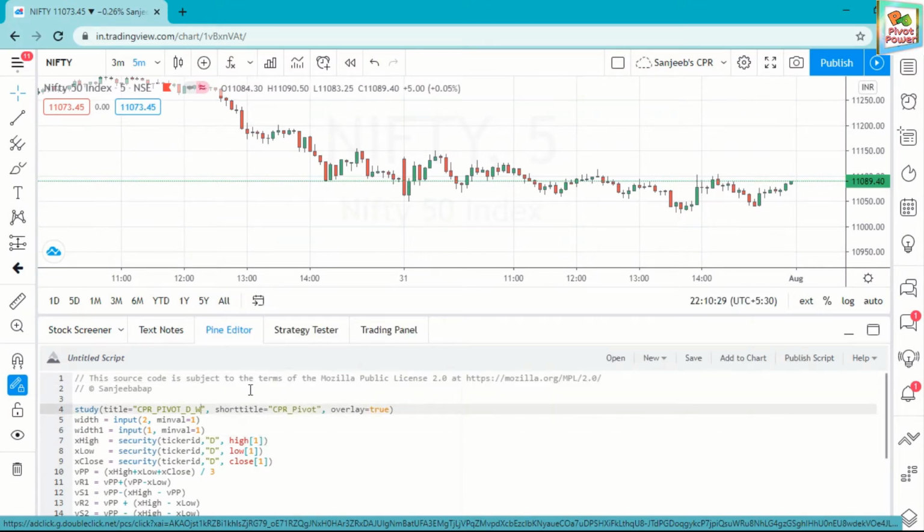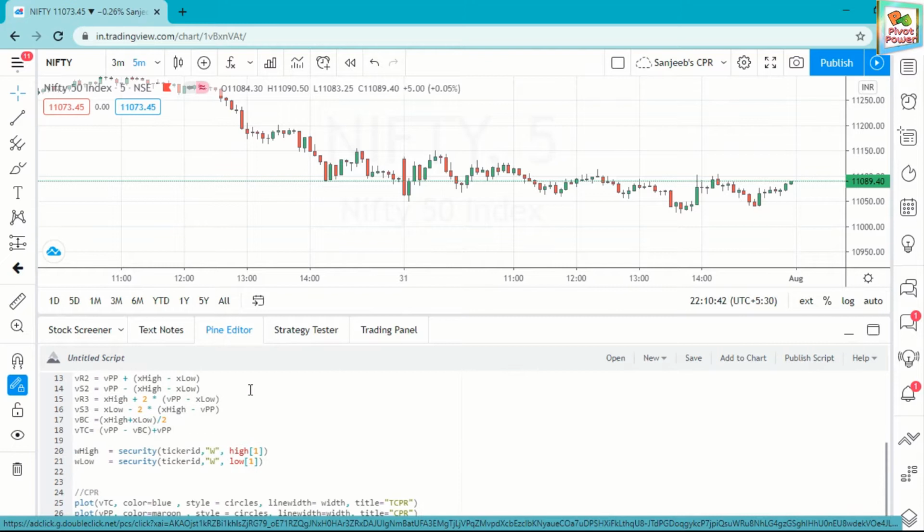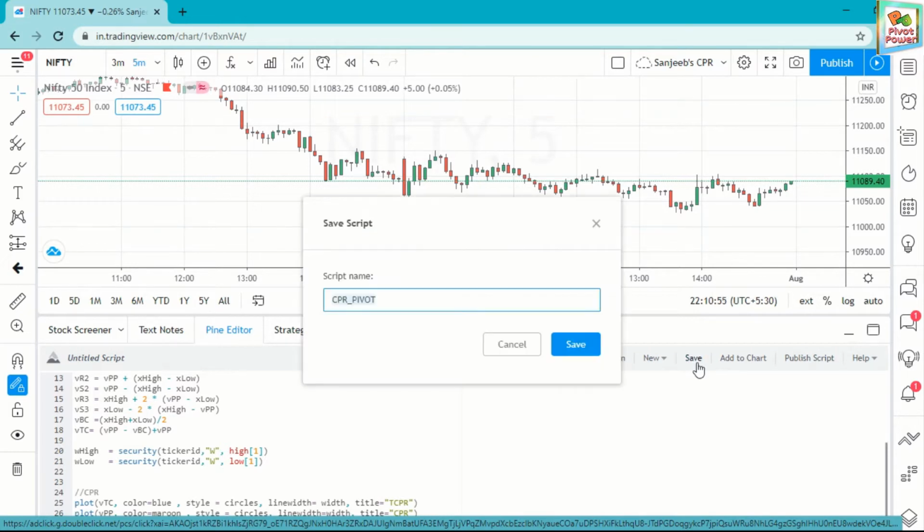I have to name this, the title is CPR pivot. I provide the code for CPR. This is for top CPR. This is for bottom CPR. Then you have to save this.